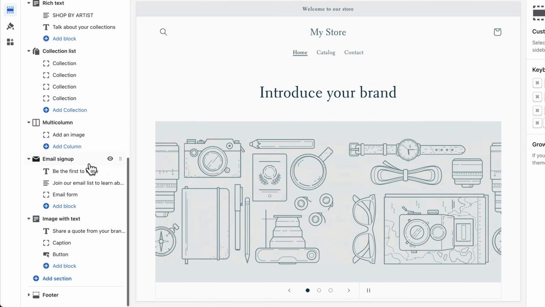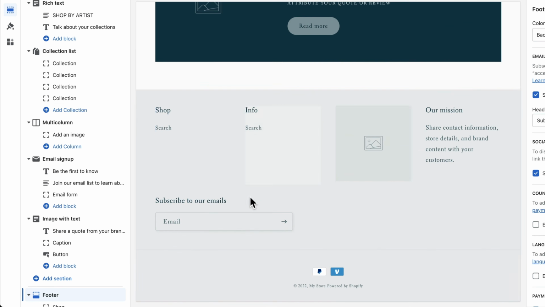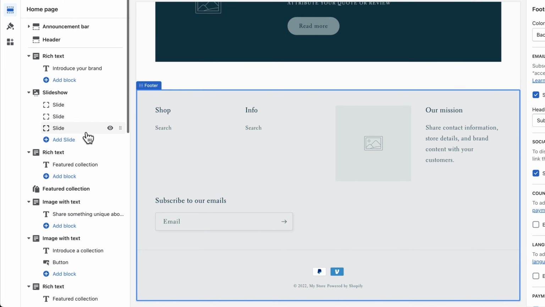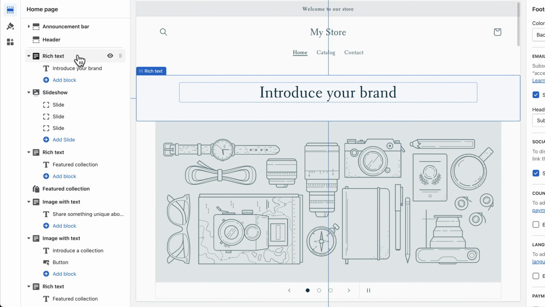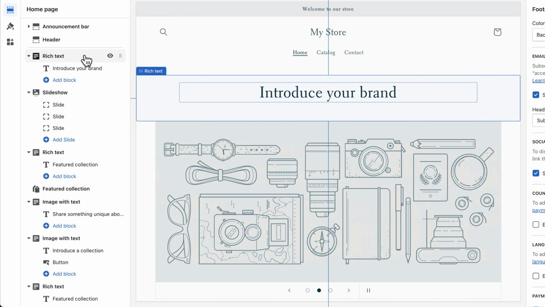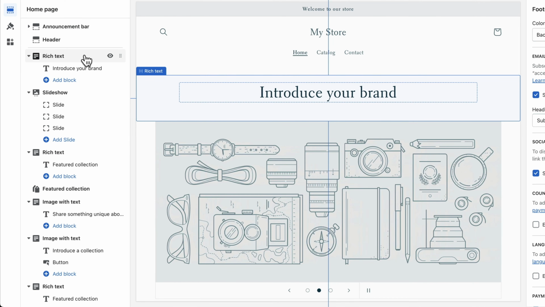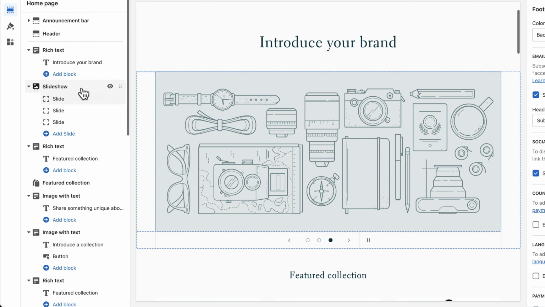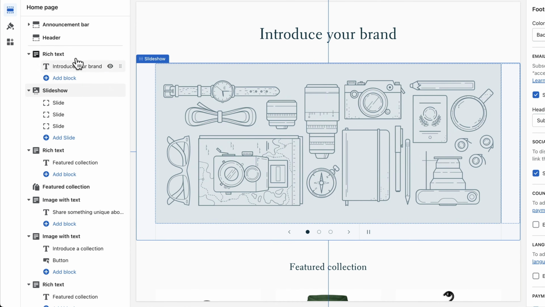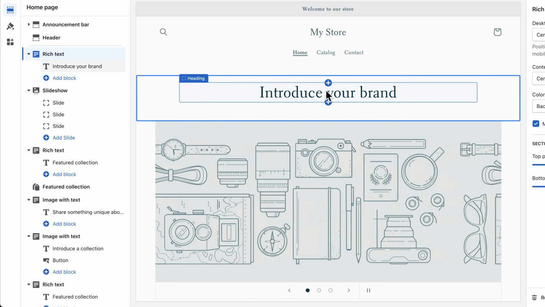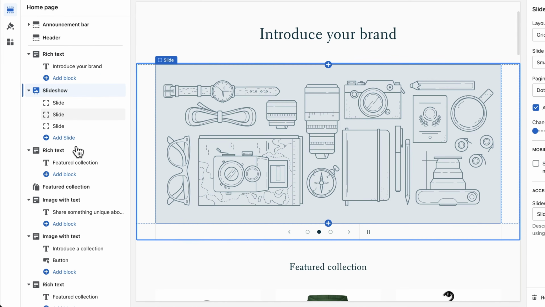And then all the way on the bottom, we have the footer. And then in the middle, between the header and the footer, we have the different content sections. So every theme on Shopify comes with a pre-made set of sections that you can then customize. So here it starts with the rich text section right here, then it goes to the slideshow, then we have